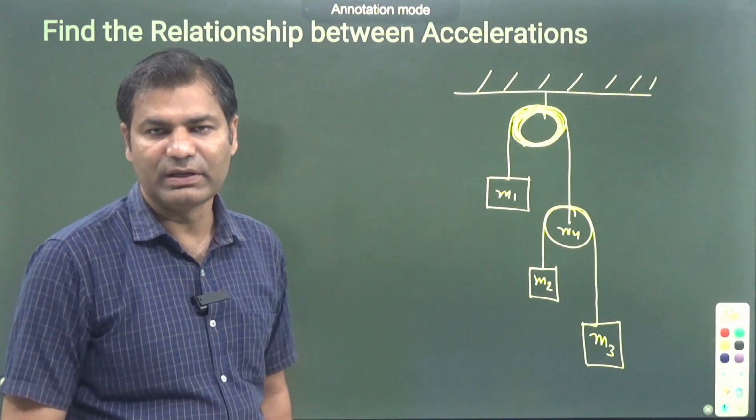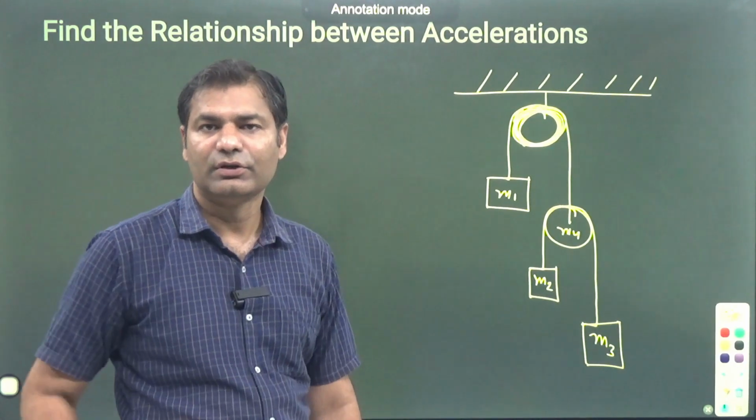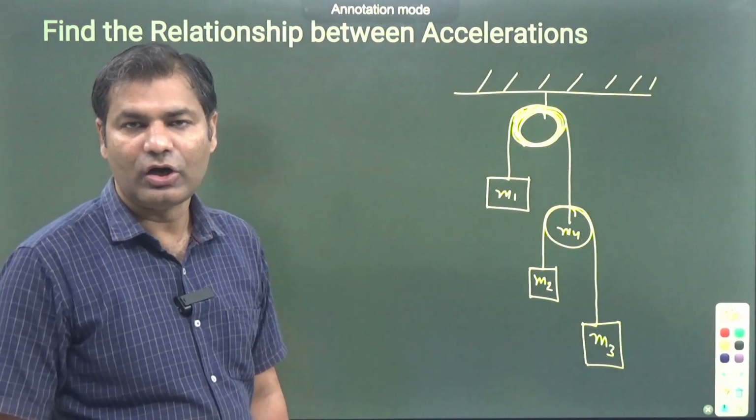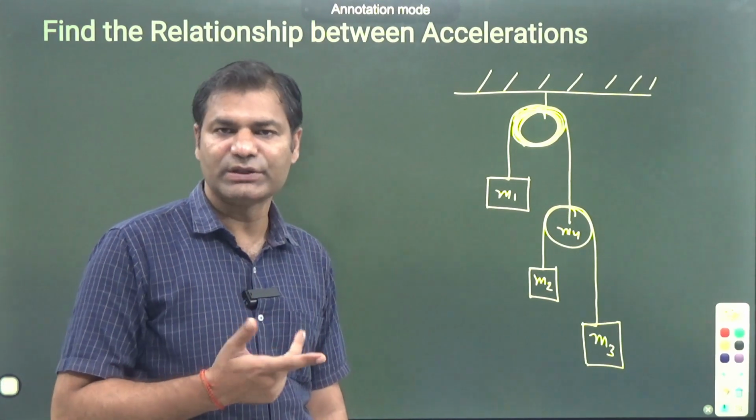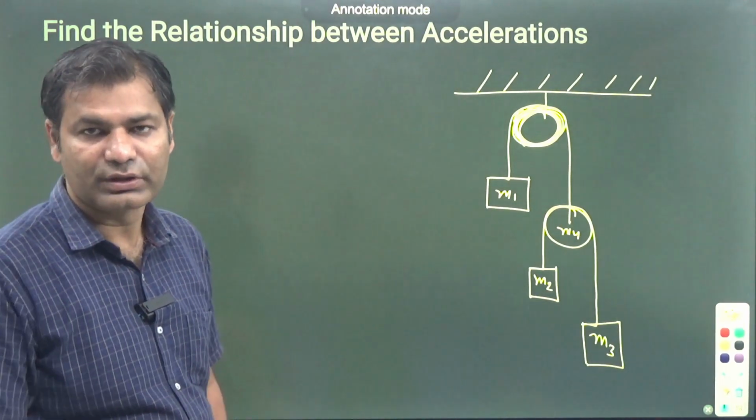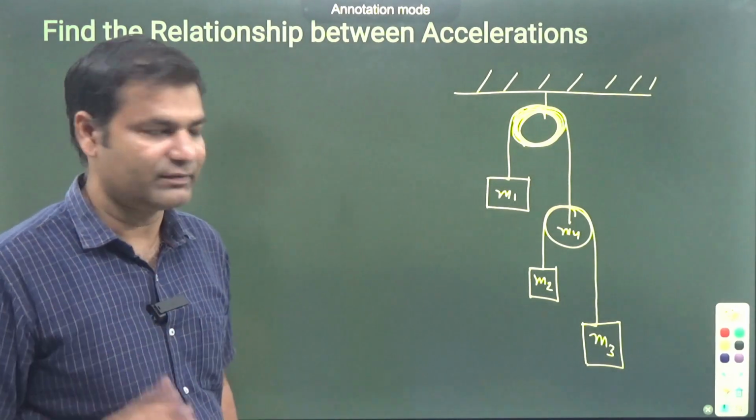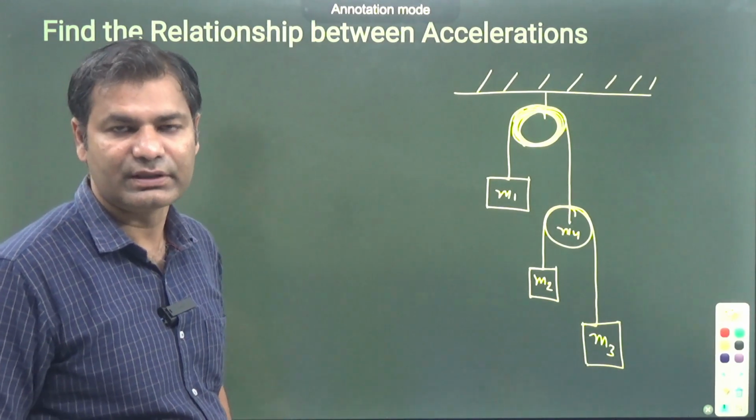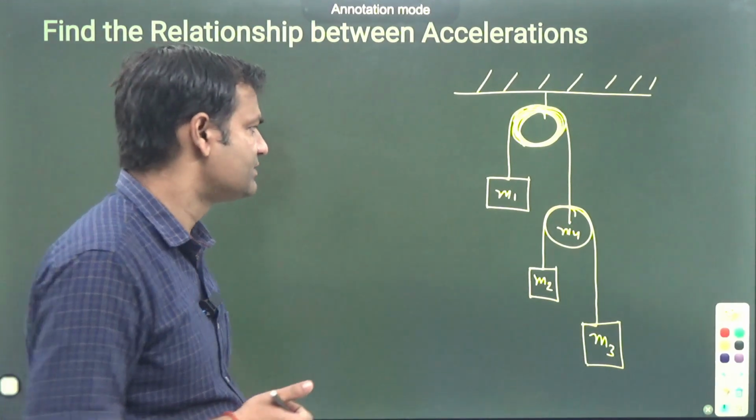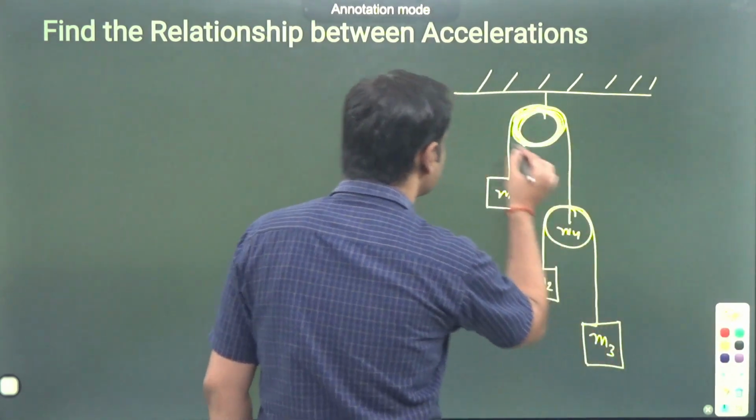So how many moving parts? M1, M2, M3 and M4: four moving parts. How many strings? There are 2 strings, which means only 2 equations are possible. If the number of strings is 5, then the number of equations is 5. The number of equations depends upon the number of strings. So at any time we consider